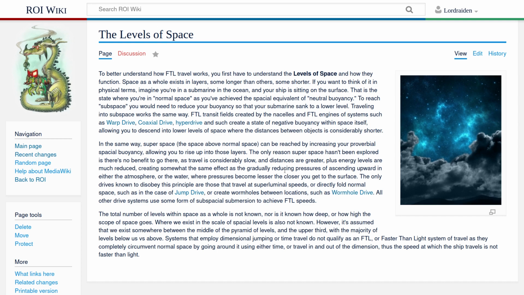I have trouble explaining this because it's still kind of foreign to me, even though I do understand elements of it. But the simplest way I think to say it is just the further down in subspace you go, the shorter the distance is, and you still stay below the speed of light. So anyways,